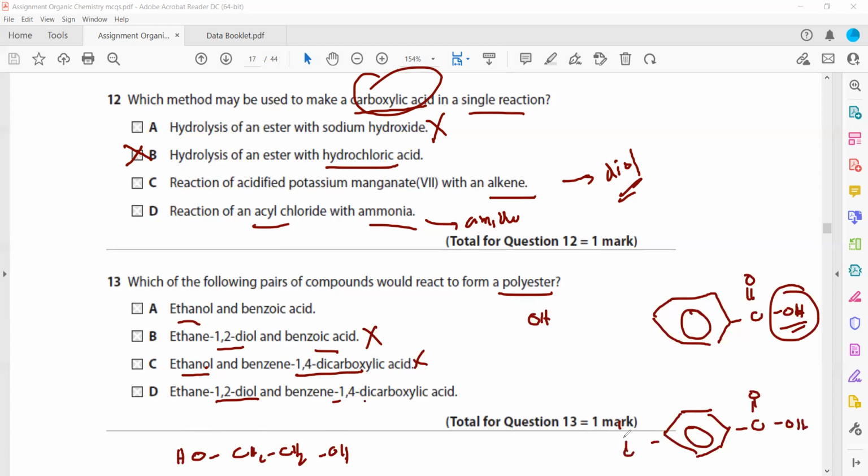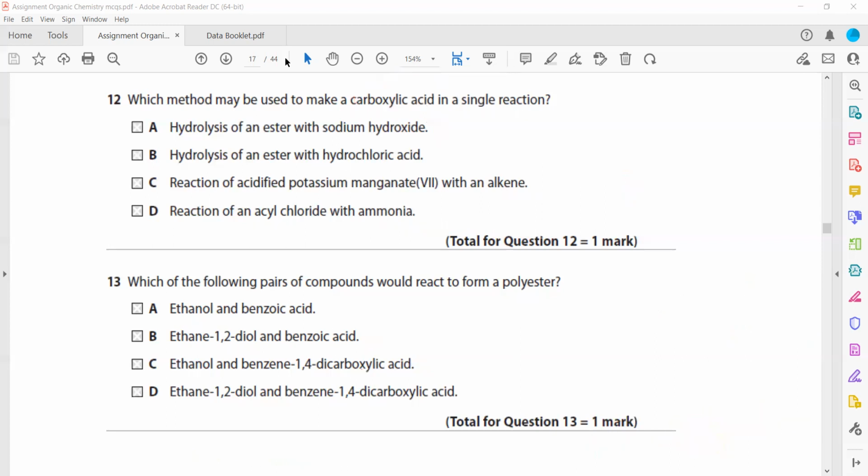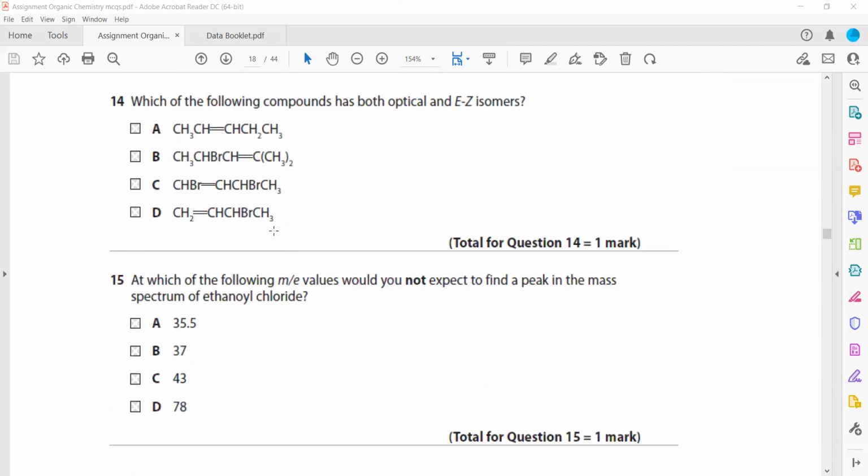1 and 4 are the positions on the ring. So 1, 2, 3 and 4. So both sides have carboxylic acid and both sides have alcohol. So this will lead to the formation of a polyester. Is it clear? A polymer can form when the functional group is present at both ends, not at one. Then in question 14,